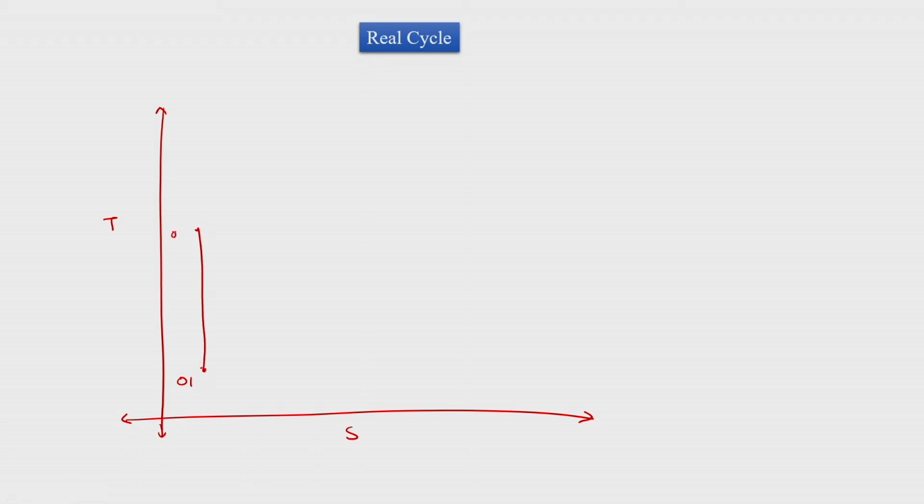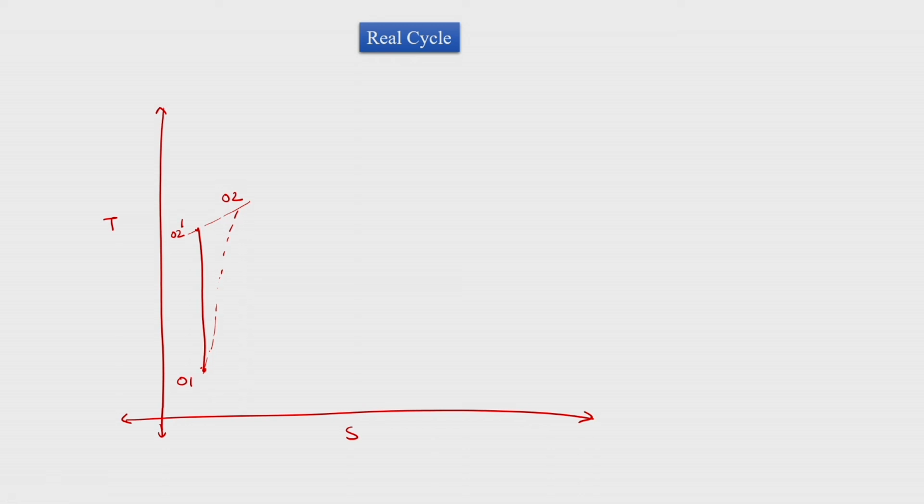Having said this, now we will draw the actual diagram, which is the TS diagram for the cycle. How would the actual cycle look like? So let us plot the actual TS diagram. We know that we are here at state knot 1. If we are isentropically compressed, then we will go to the state which is knot 2 dash. But in reality we would go to a state which is knot 2.